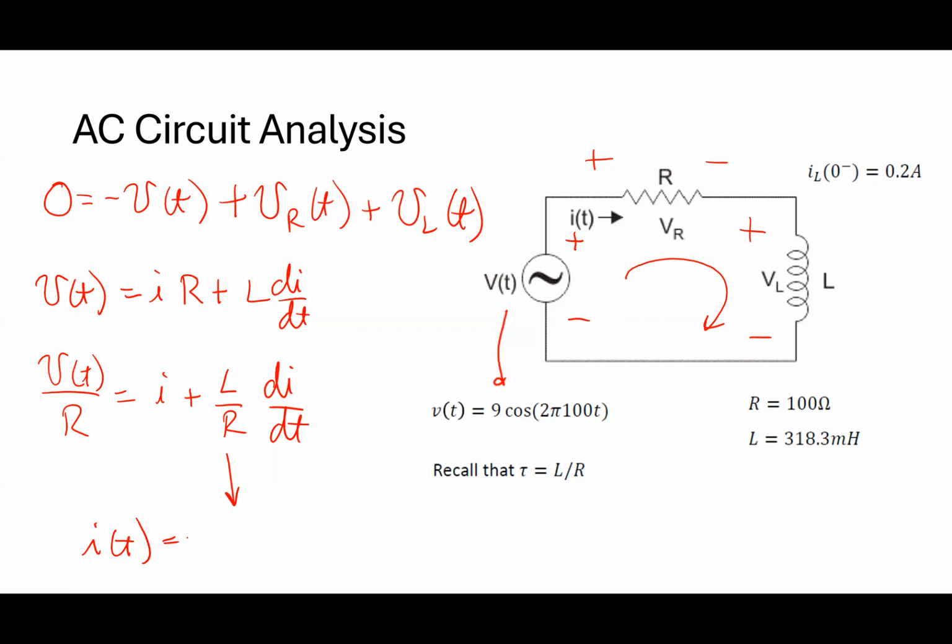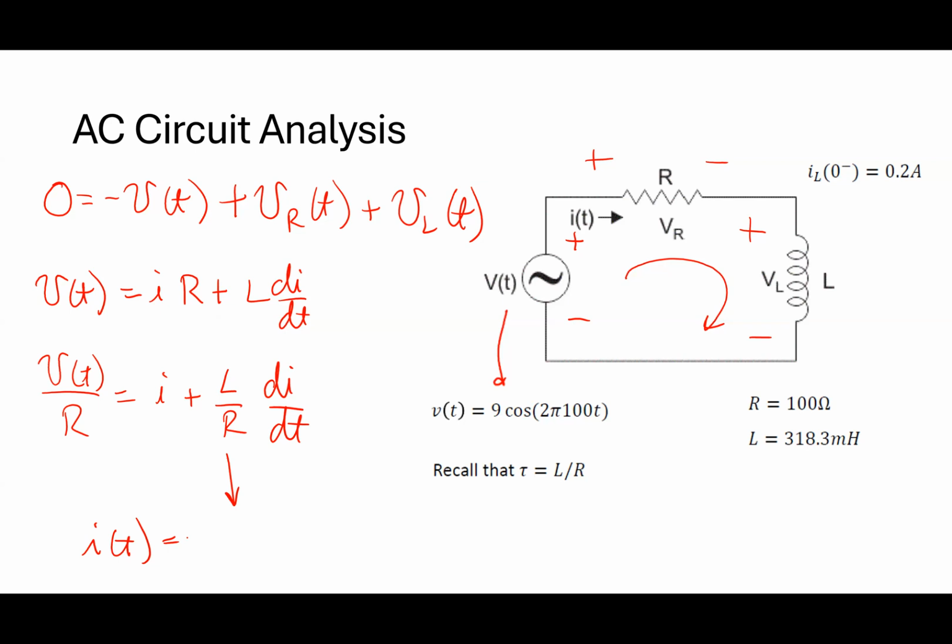Is what? Well, so I see what you're saying. Yeah, so the steady state looks kind of like the input, in the sense that if my input in this case was a voltage source that's sinusoidal, my steady state is also going to be sinusoidal, right? So if I have v(t) equals that thing right there,